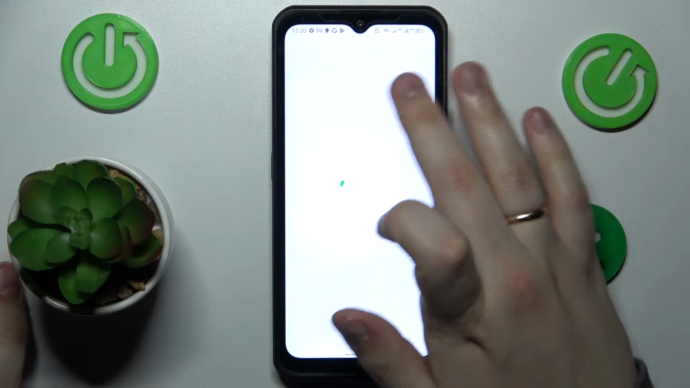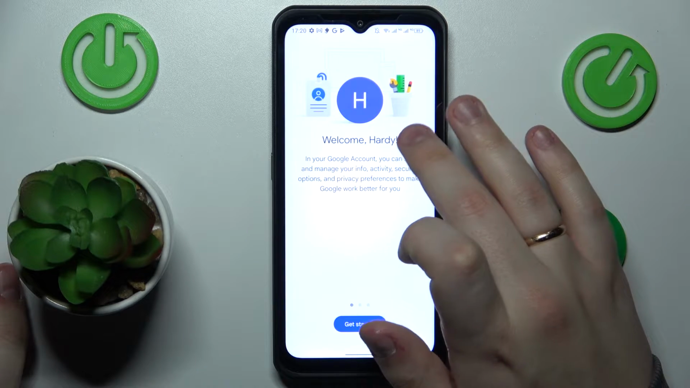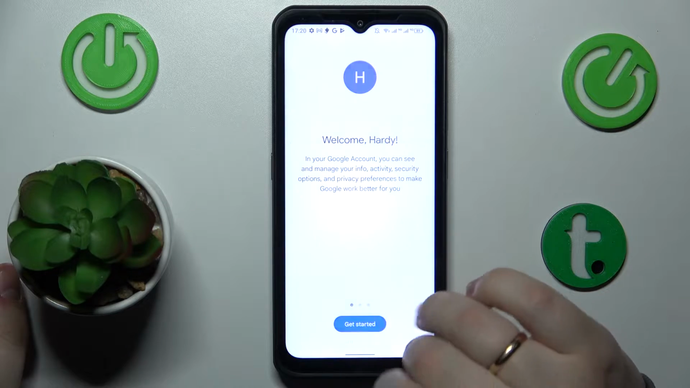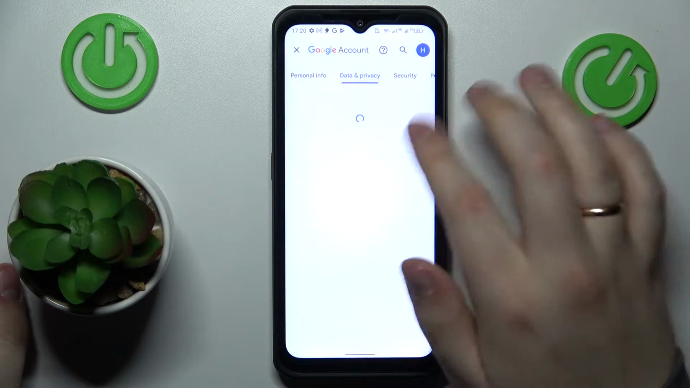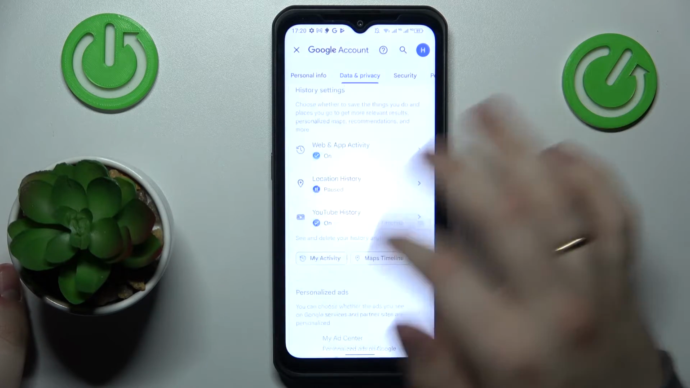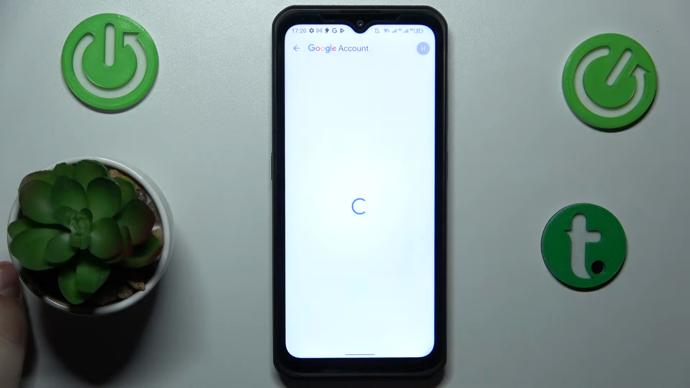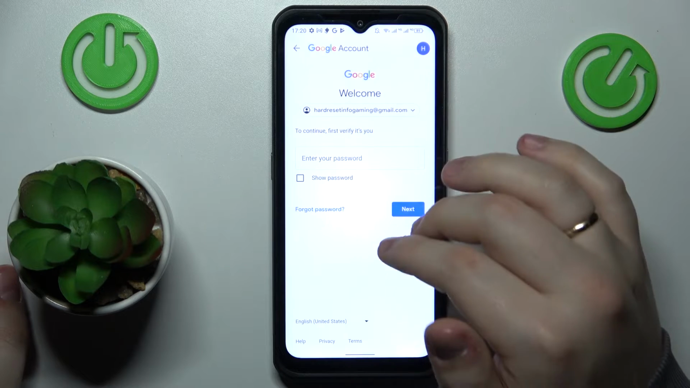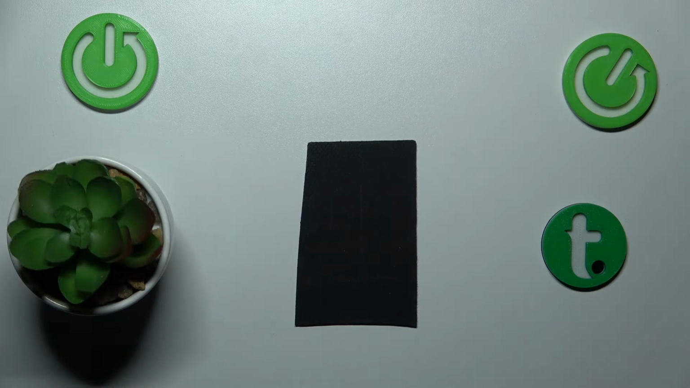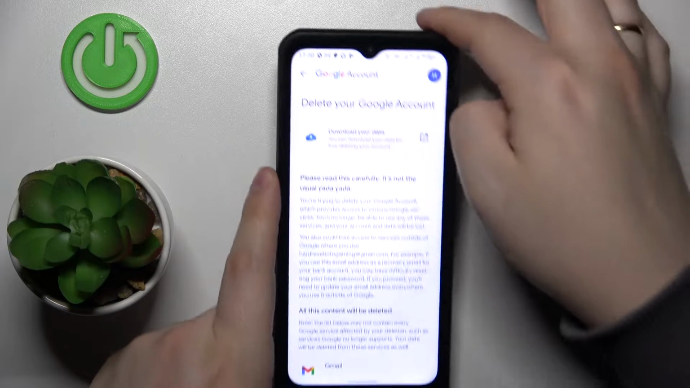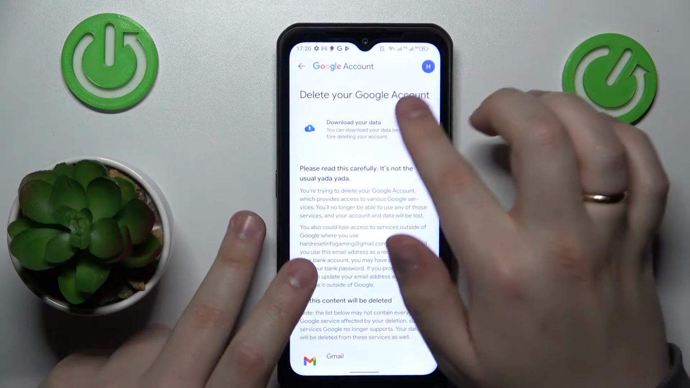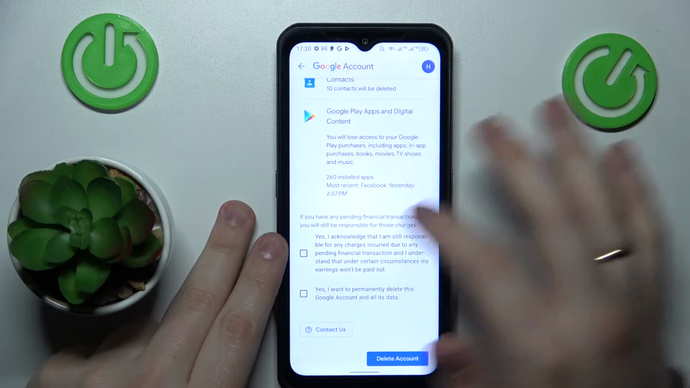Onwards, open the Data and Privacy section. In here at the very bottom of the page, which you will need to scroll, go for the Delete Your Google Account. Then in order to continue, we will need to enter the password, so let me do exactly that. So input the password, click Next, then you will be forwarded to the Delete Your Google Account page, at which